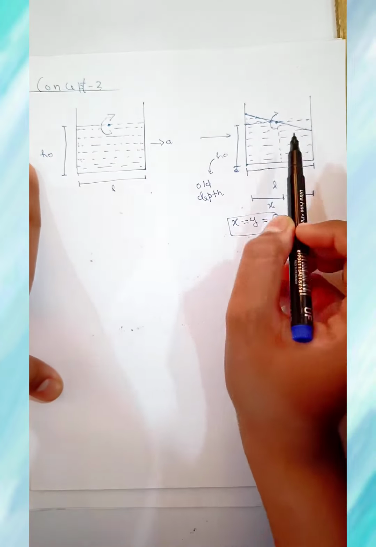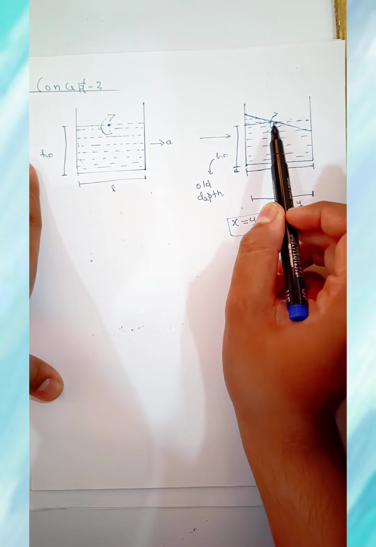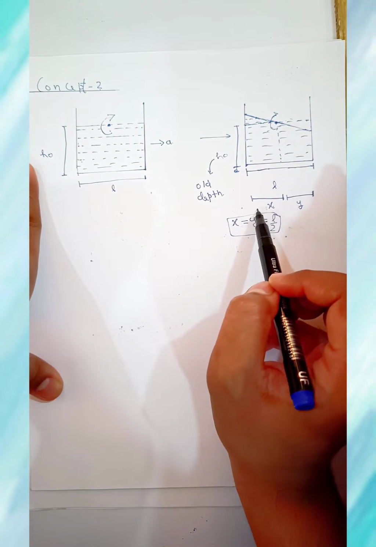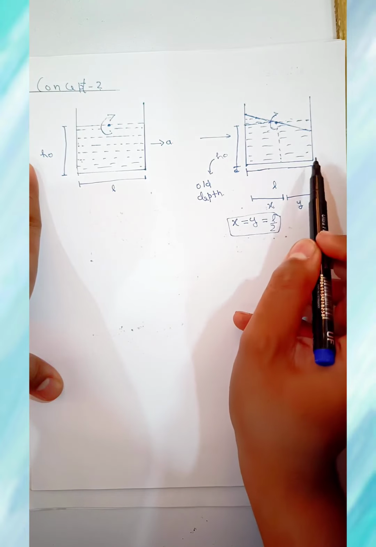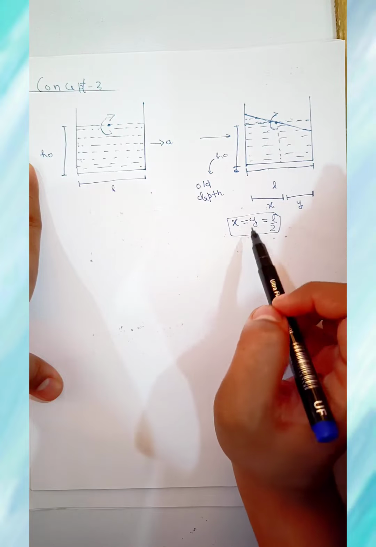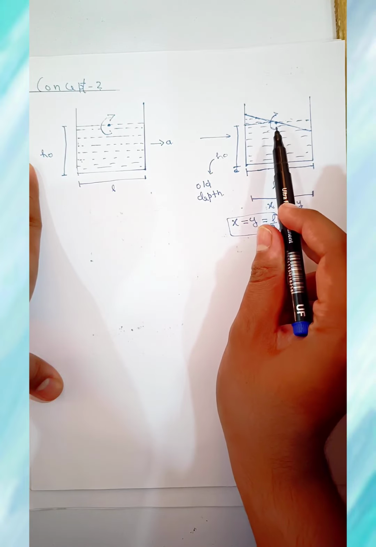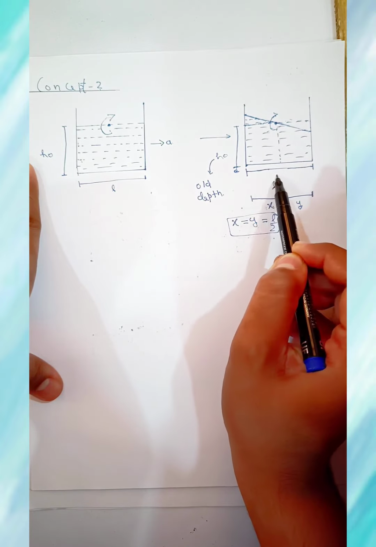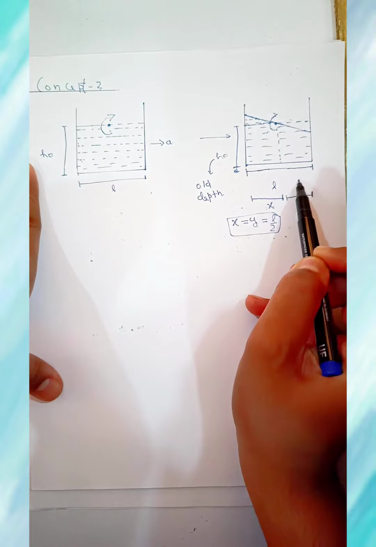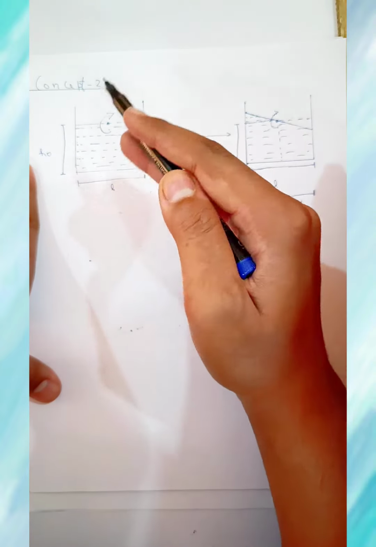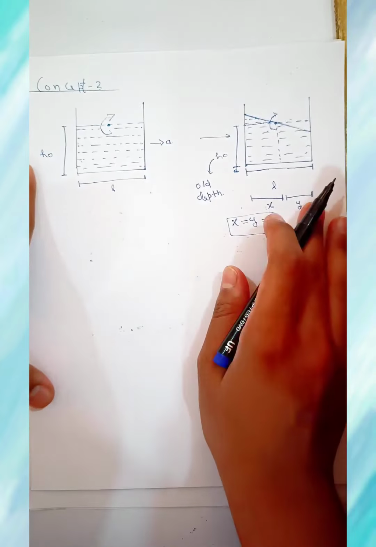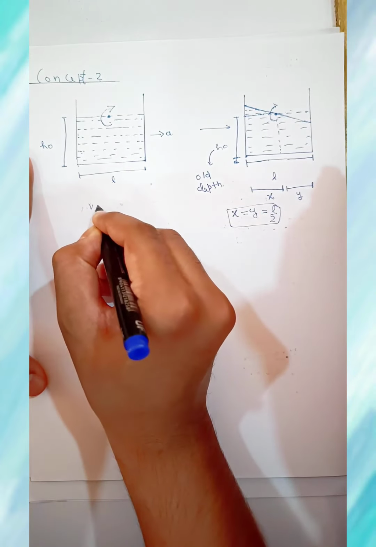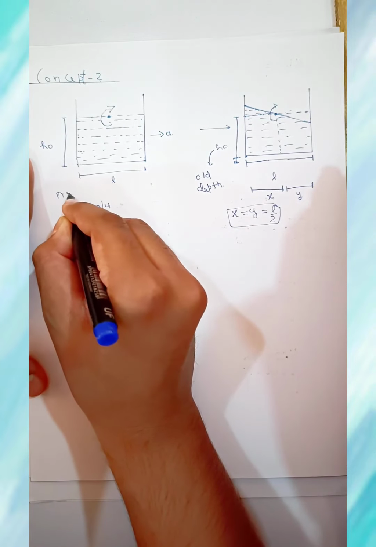So from this situation, this was our point about which this inclined surface rotates. Suppose this point lies at a distance of x from this side and at a distance of y from this side. We have to prove that this point is actually midway between these two sides, means at a distance of L by 2 from both sides, about which this inclined surface rotates like this. So to prove it, we will be using the condition that volume, so here is the proof,